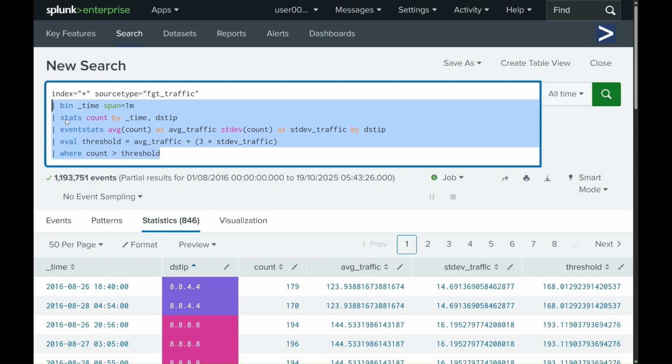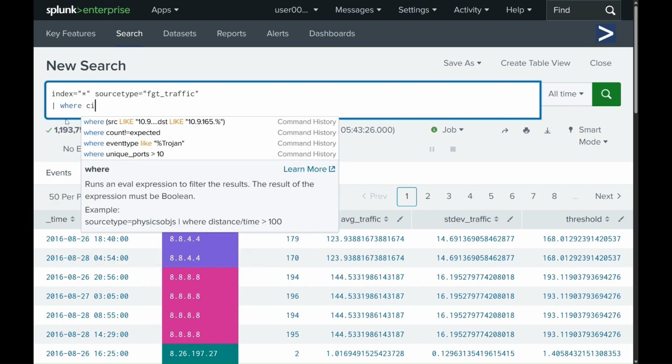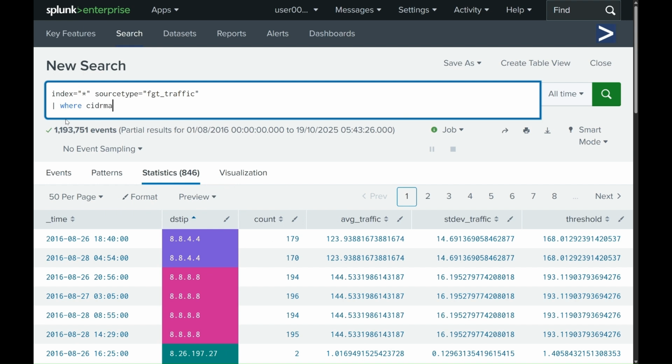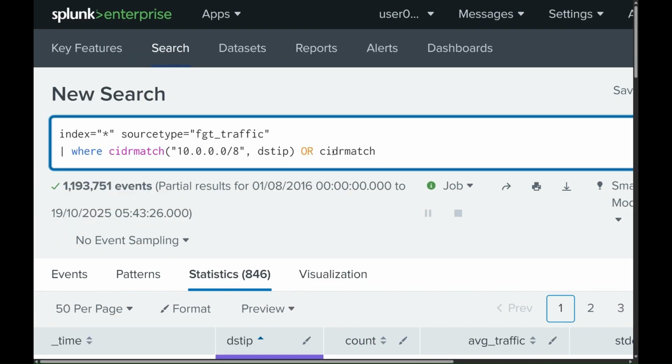So index is a star, and we are going to put a filter here where CIDR match 10.0.0.0/8, which is destination IP, or CIDR match 192.168.0.0/16 destination IP,